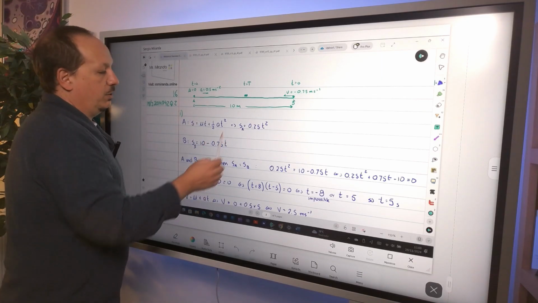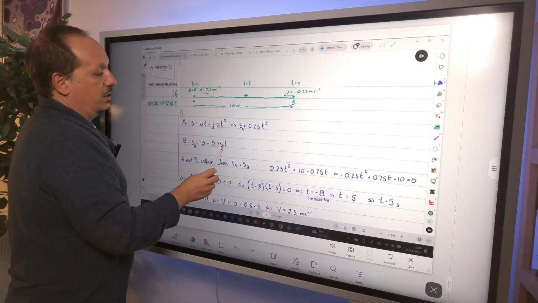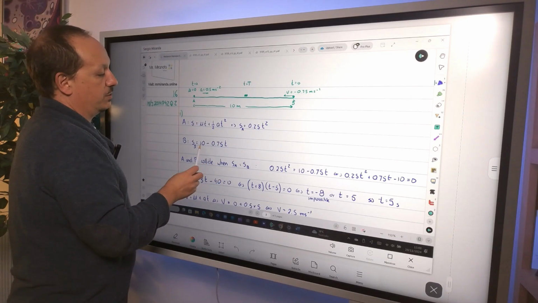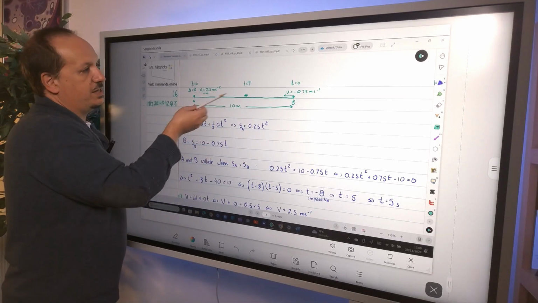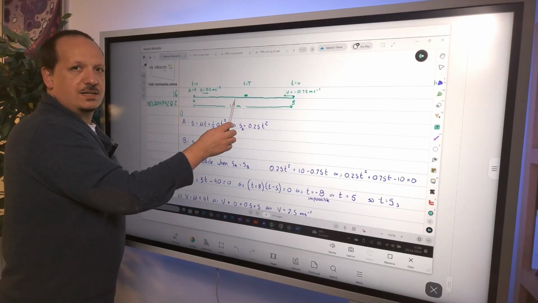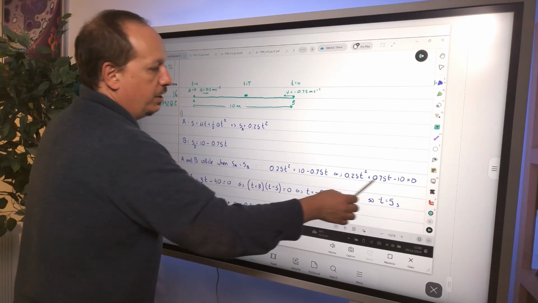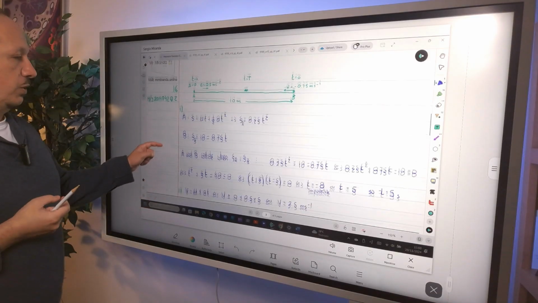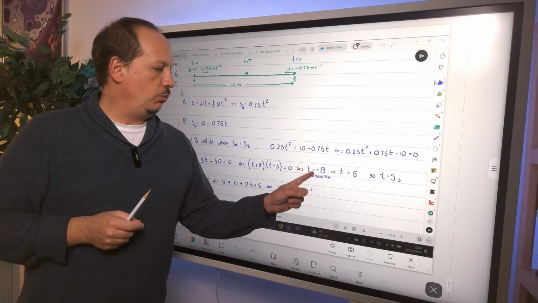Makes sense? When time is 0, B is at 10 meters. When time is 1 second, it's going to be 10 minus 0.75. So this is decreasing as time passes. This is increasing, the displacement increasing as time passes. Eventually, they are going to be at the same place at the same time. So you equate this to this and solve. That's what I did over here. You will have a quadratic. You solve it. You will have two answers. In one of them, you'll have a negative time, which is an impossible thing. The other one is going to be a positive time. This is the one that